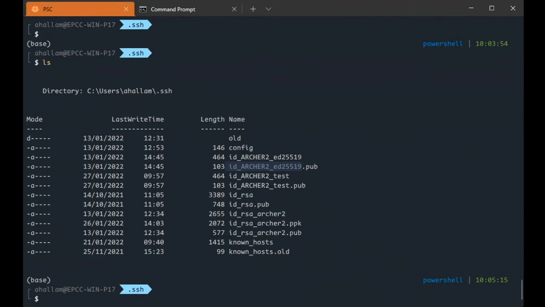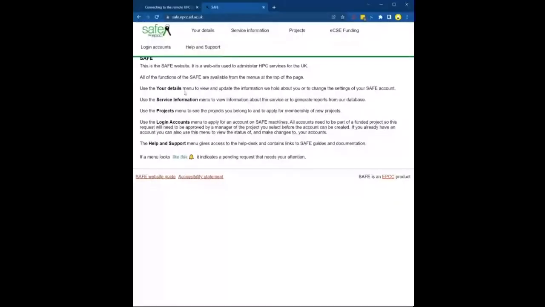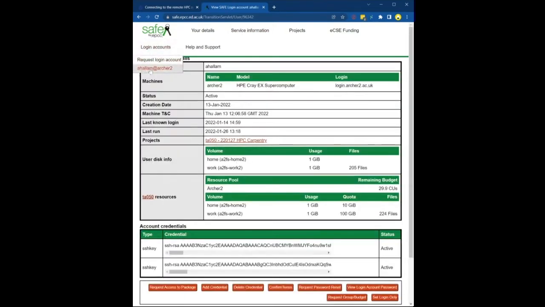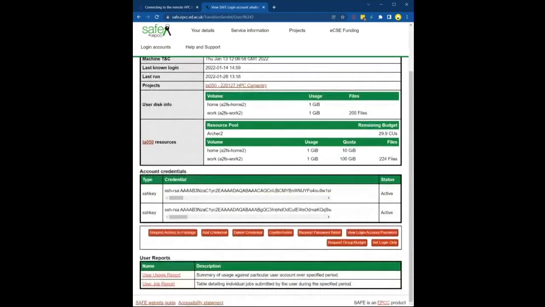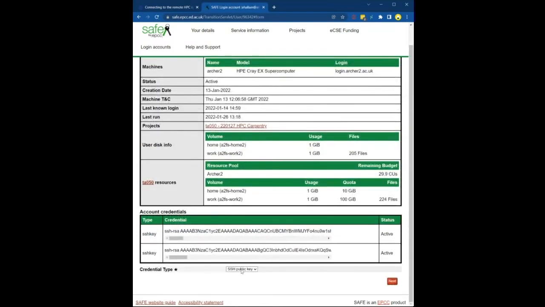You added your public key, so remember that's the one with the .pub extension, to your SAFE account. SAFE is the website. You will have had a login here, and you'll have your username here at ARCHER2. You have this ability to add credential here, and then you can choose SSH public key,